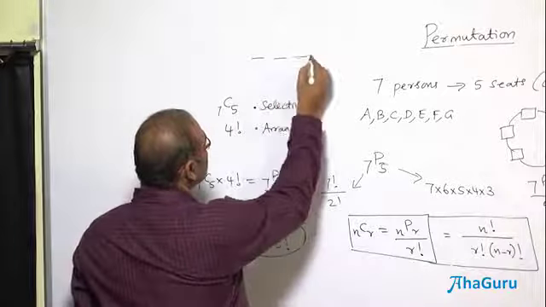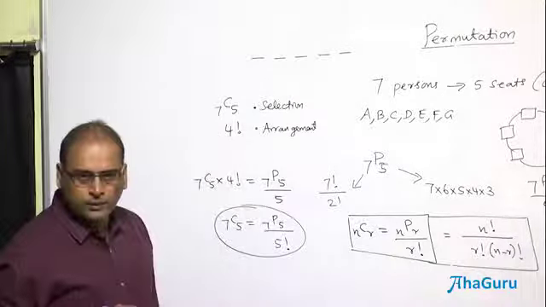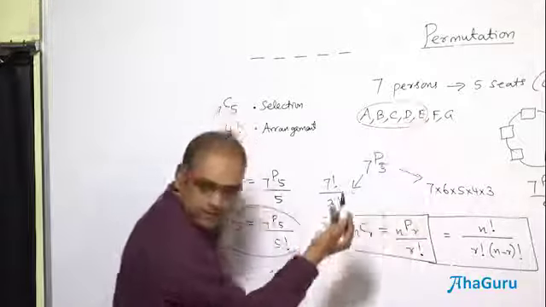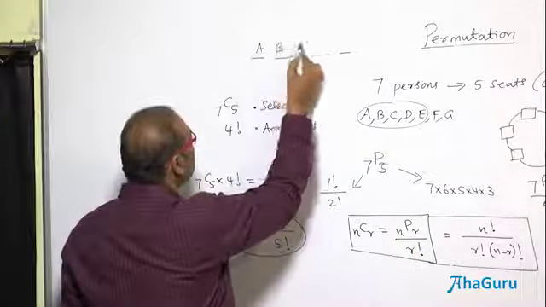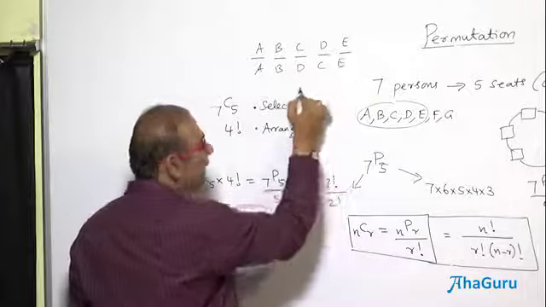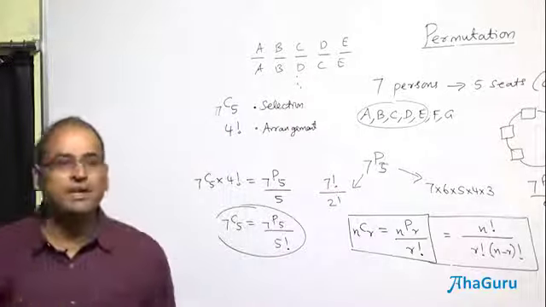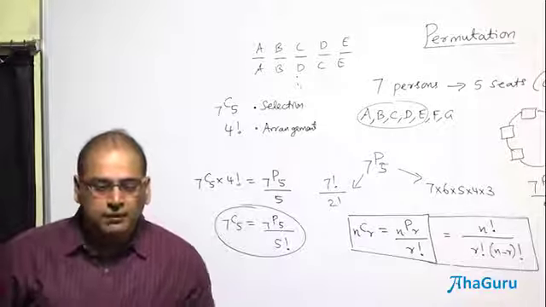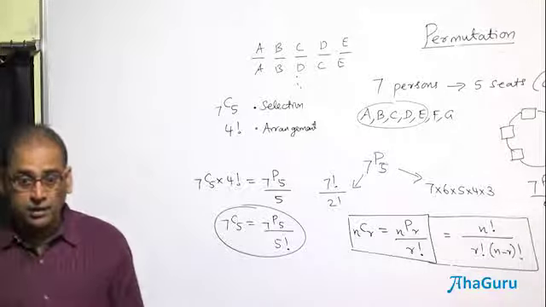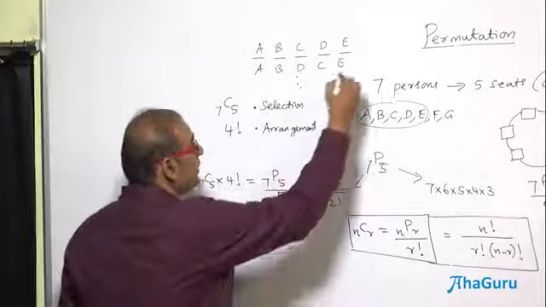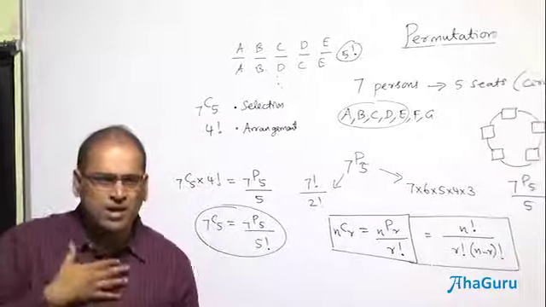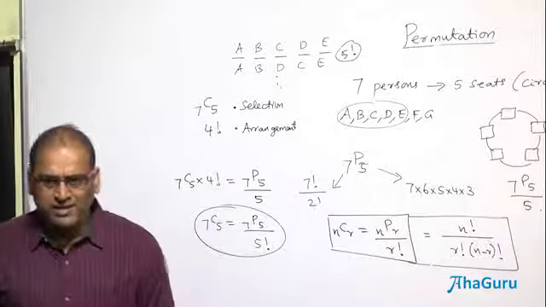You got 5 seats, correct? Clear? Now if you are going to select say A, B, C, D, E, you are going to write A, B, C, D, E and then A, B, D, C, E like that. With A, B, C, D, E alone, how many permutations do you have? Not 5 into 5 into 5. 5 persons, 5 seats. 5 factorial, right? So 5 factorial permutations of A, B, C, D, E, because we want only combinations. Are you able to understand? We don't want the order.